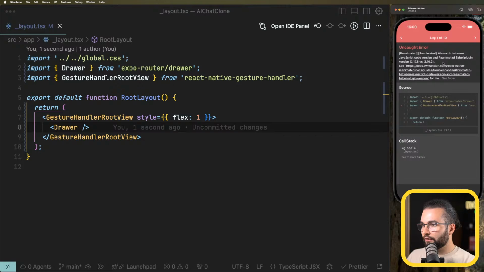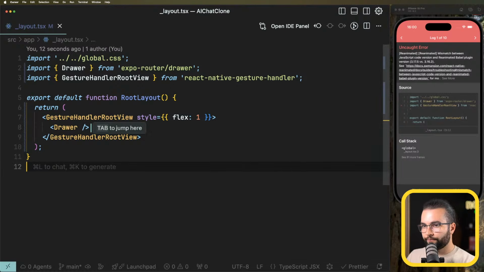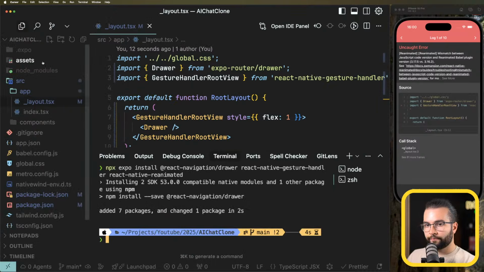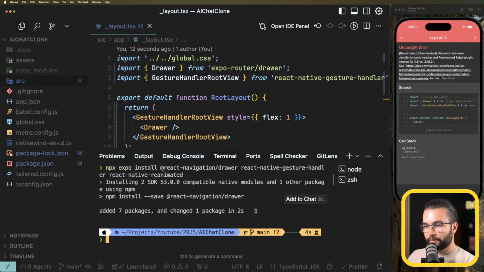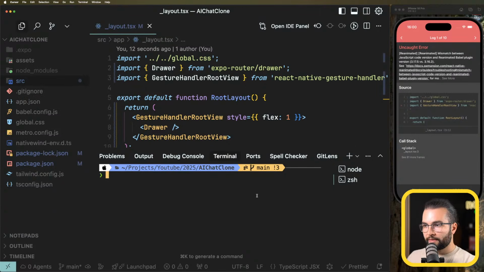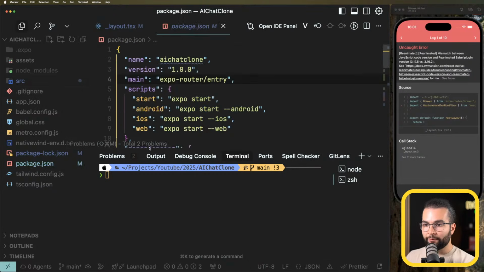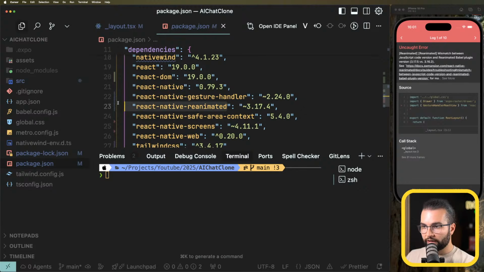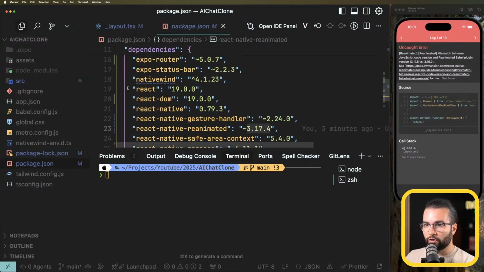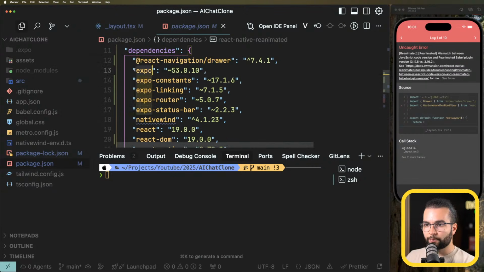Okay, let's see. I'm sorry? Try to run npx expo install --fix. What we see is a mismatch version of reanimated between the reanimated that we have installed here, 3.17, and the reanimated expected from the Expo,